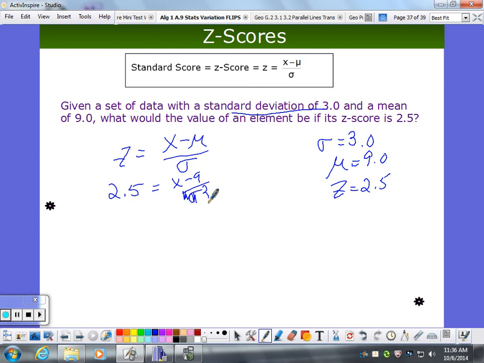Plugging in the numbers, standard deviation is 3. I've got to solve for x. How do I do that? Multiply both sides by 3. This is where your math calculation skills for equations work. So what do we get here? 7.5 equals x minus 9. Add 9, add 9. 16.5 is x. Who has a z-score of 2.5? The value is 16.5. So being able to